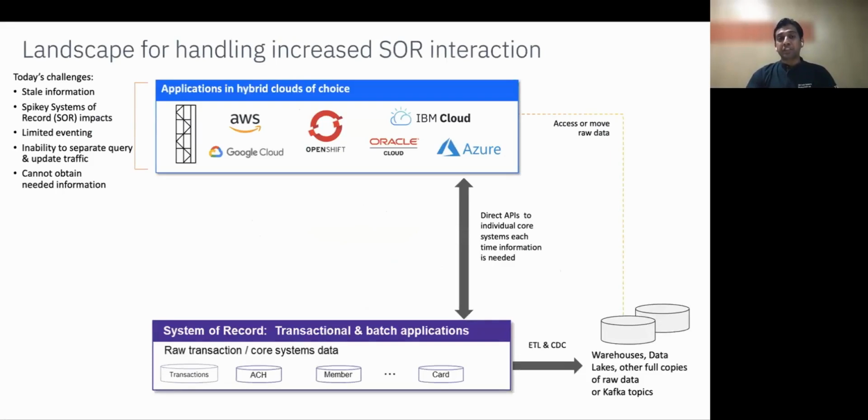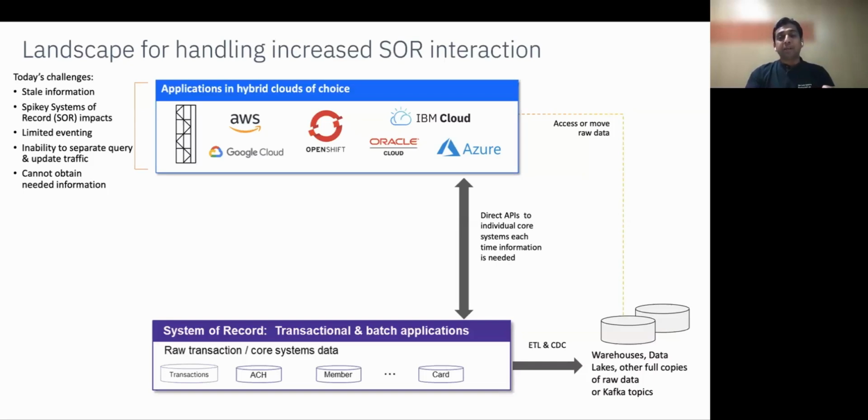So in this particular chart, what you can see at the bottom, we have a depiction of IBM mainframes, transaction and batch applications. So these are the applications which run their core business applications, which generate a very high volume and high value of data. And on the top, we have a depiction of various public clouds where all the cloud native applications are hosted. And to have an interaction between these two environments within the current capabilities, we have seen